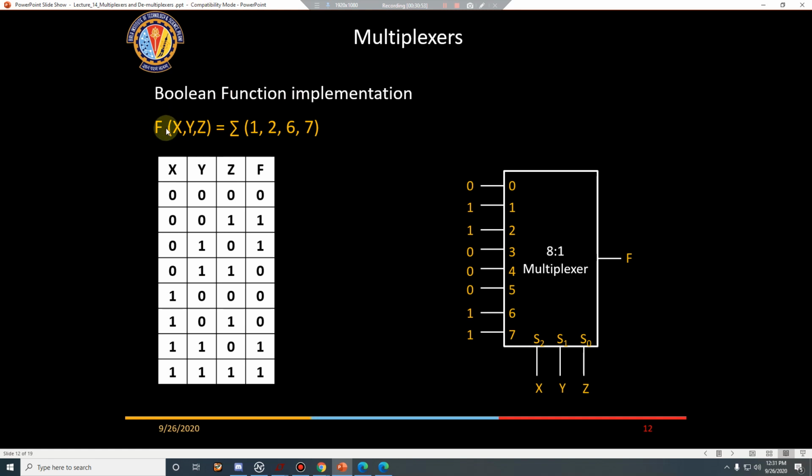No, we are implementing a function, so the minterms are specified here: 1, 2, 6, 7. These inputs 0 to 7 in the multiplexer correspond to the minterms, since each is going to get connected from this table. So this translates to the minterm here. Okay, sir, got it. Thank you. So this is just an integrated circuit of what we saw earlier. Correct. This is a multiplexer chip. Is it okay? Anish, Tanya in the other group, do you have any doubt?